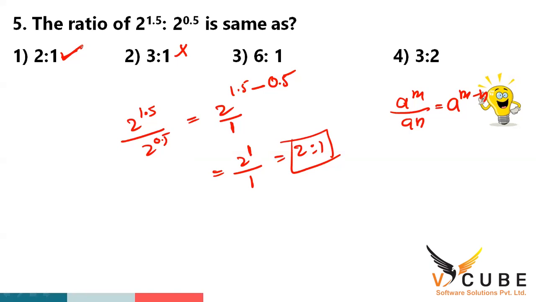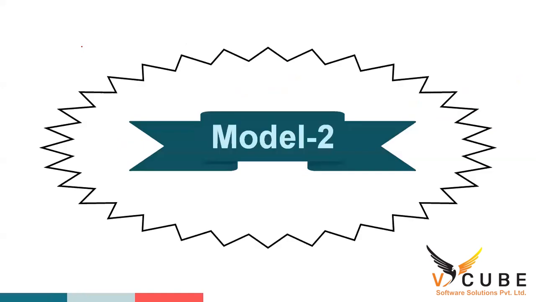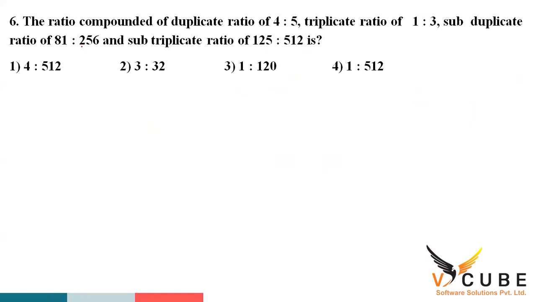Clear and all of you? Yes, sir. Okay. Any doubts regarding this question? No, sir. And move on to next one. Model number 2. Right. The ratio compounded of duplicate ratio of 4:5, triplicate ratio of 1:3, subduplicate ratio of 81:256, and subtriplicate ratio of